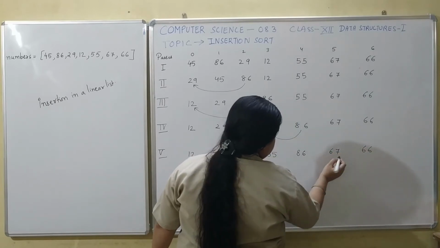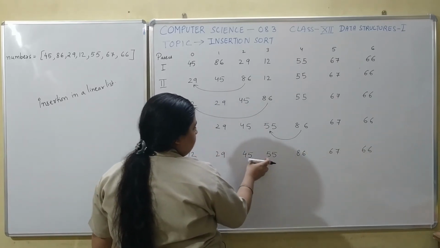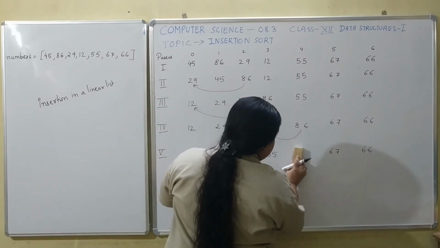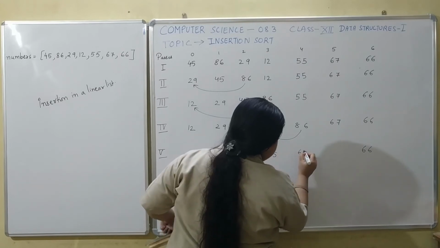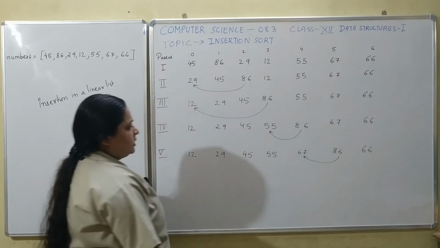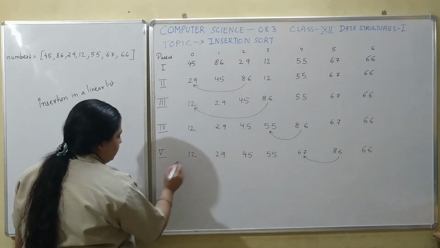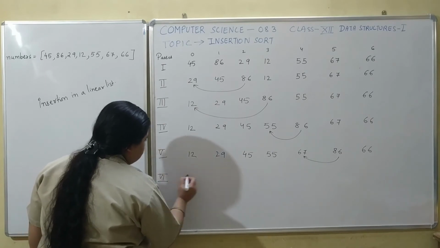That is over here. Is 67 less than 86? Yes, but it is not less than 55. So 67 would be inserted here and 86 over here, and this is its direction. That is, we inserted it in its correct position. The last pass,